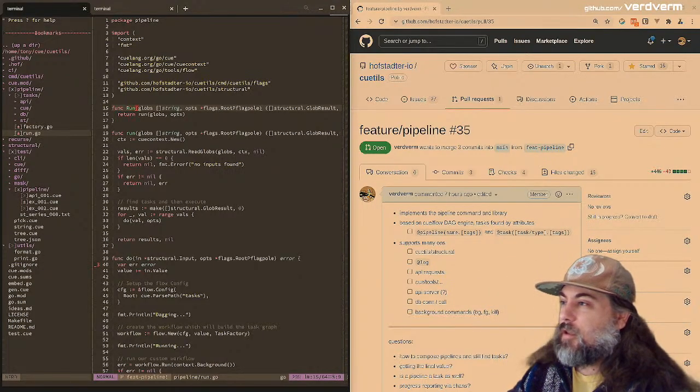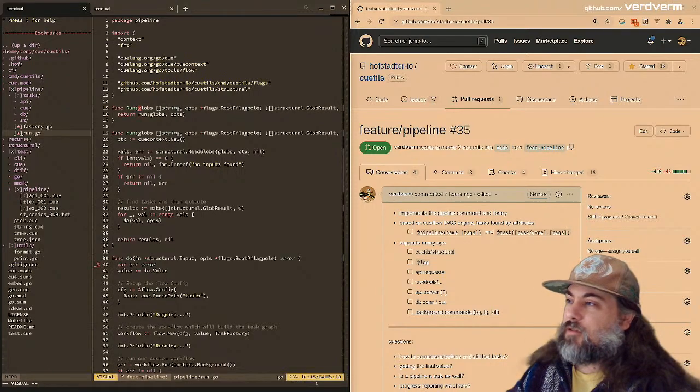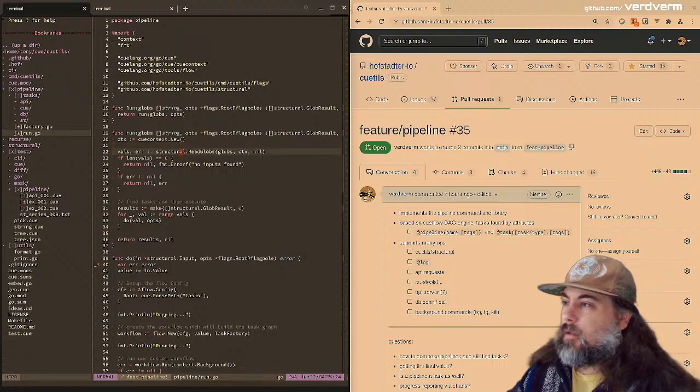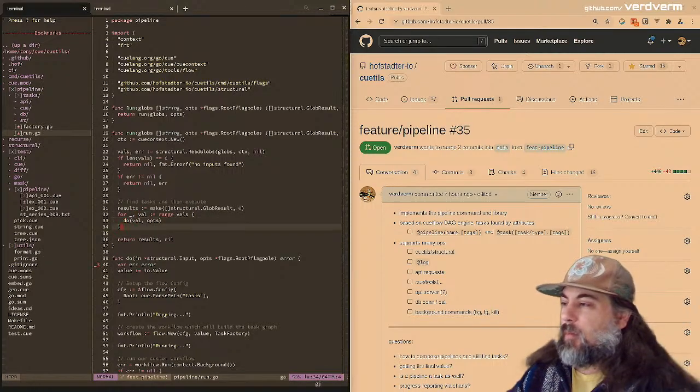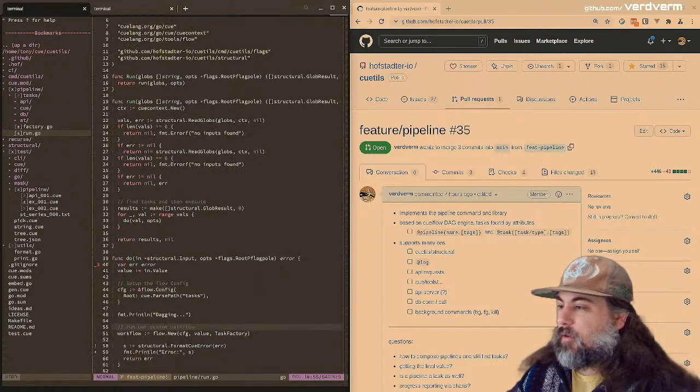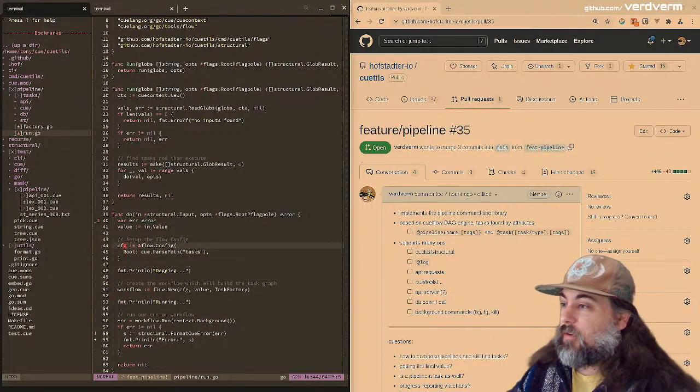So that's essentially what I'm doing here. I'm accepting some globs, and we have a function that just reads them into values. And then we're going to do something to all those values, which is, in this case, we set up a flow